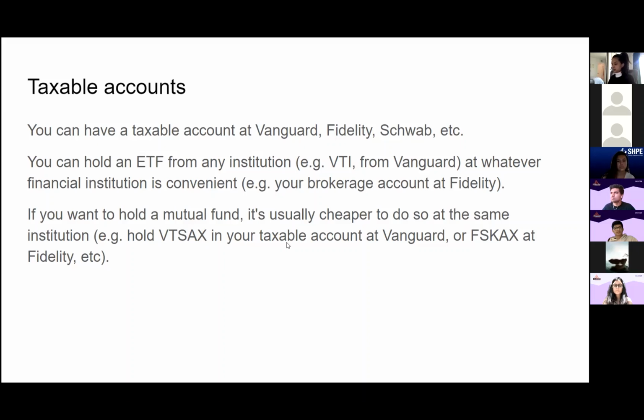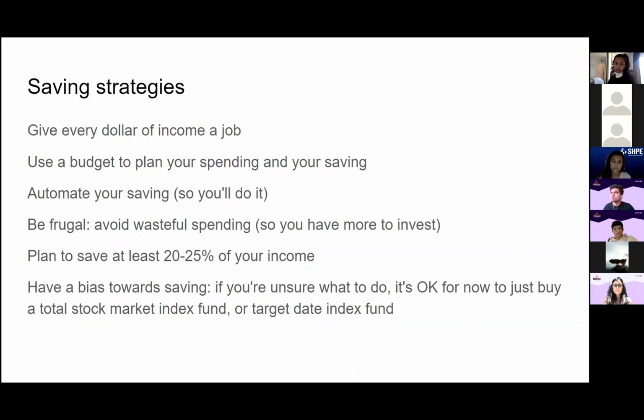And oftentimes, this is the mutual fund version. This is VTSAX. And VSKAX is the total stock market index fund, so it would be the Fidelity version of the VTSAX. So usually it's a little harder to hold the mutual funds at a different place. So if you want to hold VTSAX, the mutual fund, you could hold it at Vanguard. Otherwise, maybe you could hold this other fund if you have an account at Fidelity already. But if you have an account at Schwab, they have a total stock fund. And so this is the last slide.